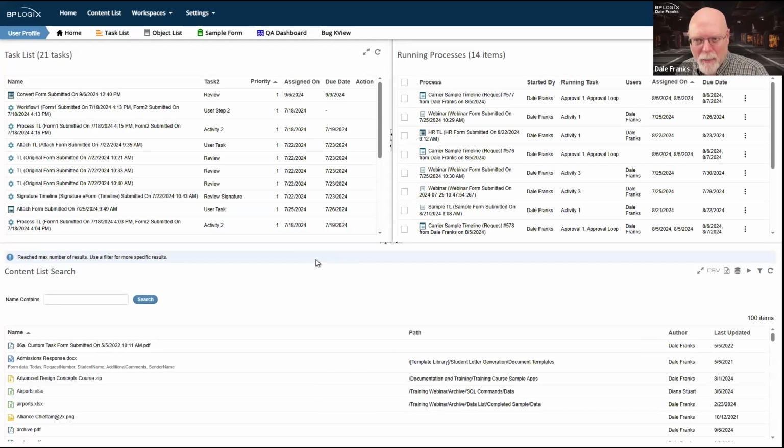So let me go back to best practices. Best practice, have a generic workspace that every user has access to, so that at the very least, when they log onto the system, they have access to some user interface that's useful to them. If you're not a member of any workspace, you don't see anything in Process Director except a message that says you're not a member of a workspace. That's not useful. So they need to have something.